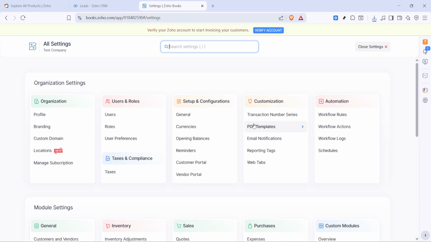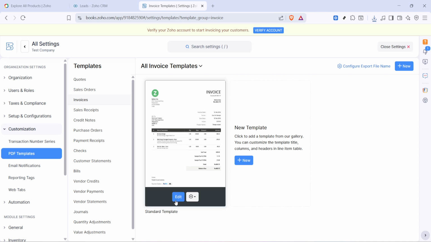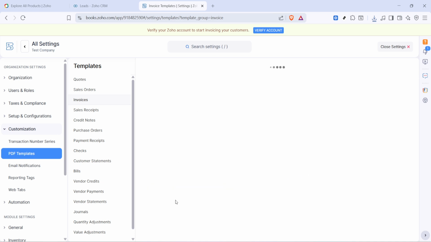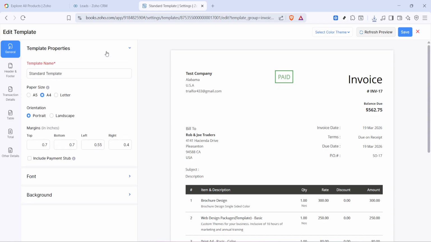From there, choose PDF templates. This is the home for every document layout, and we'll be focusing on the invoice group so you can adjust how your invoices appear when you generate a PDF. Find the invoice template you use and click Edit. If you see several, pick the one marked as default or the one you most often send to customers. The editor will open with all of the available layout and styling options grouped in one place so you can